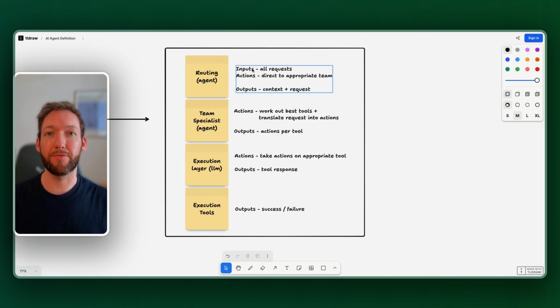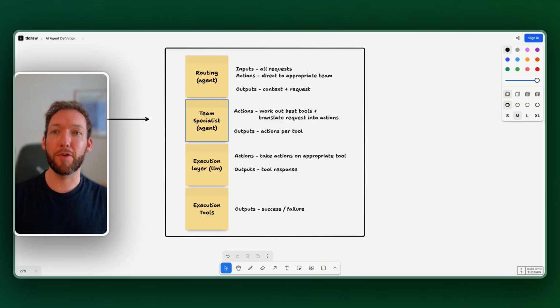So far we've got a routing agent that directs all queries, a team specialist, which is several agents that represent different functions of a business. And both of these are agents because they're able to think about and iterate their approach on where to route the queries to. We then have the lower level layer, which was our employees in this case,